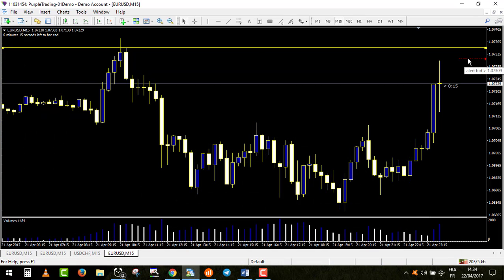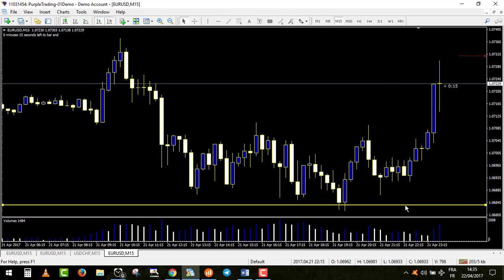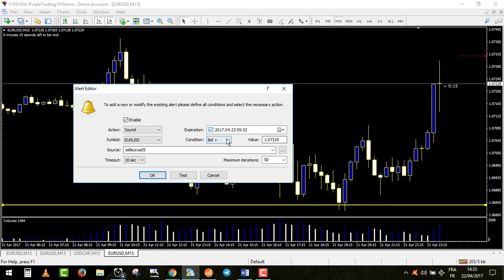And I plot my alert a little lower if it will be a put, so when the price gets a little lower but ready to touch, I will be alerted and I will have enough time to be ready to take the trade. And if it's a call, for example my SR is here, I change my alert, the bid I transform to bid inferior, and sell